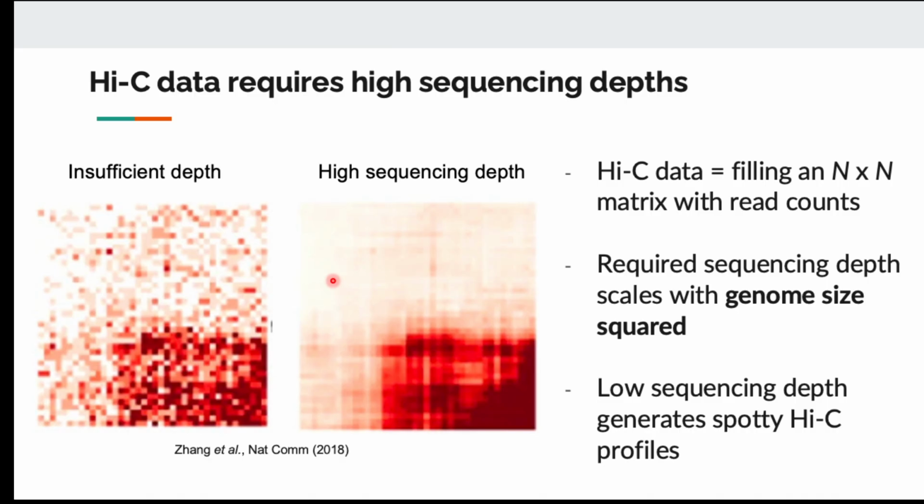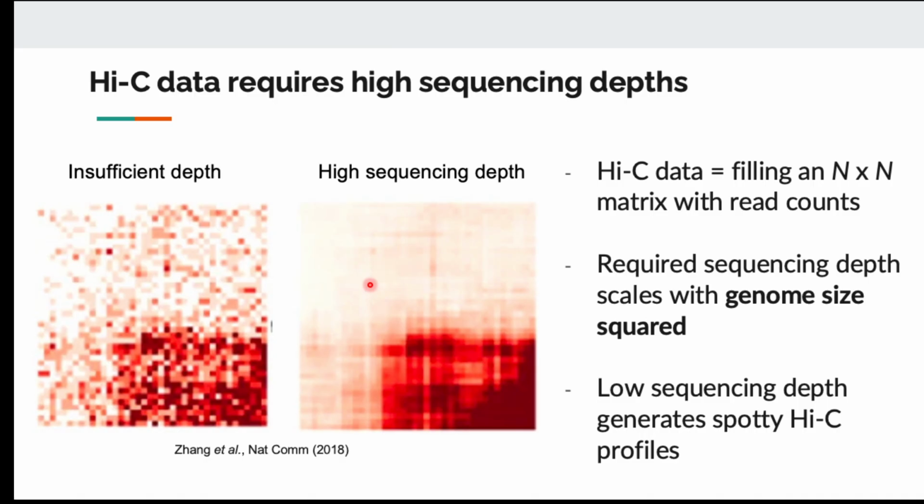If your genome is twice as large, you need twice as much sequencing depth. But for chromatin conformation capture, if your genome is twice as large, you need at least 4 times as much sequencing depth. So when you scale to mouse or human, which have very large genomes, the cost of sequencing